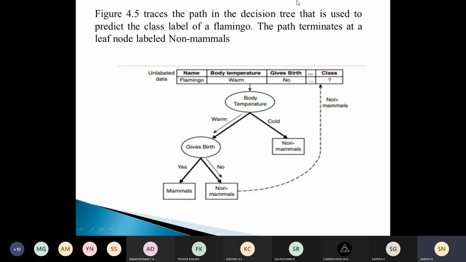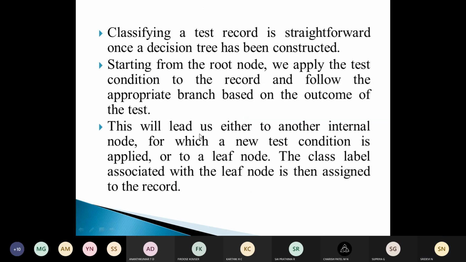So if we try to trace the same thing with the help of an example, here we have the body temperature.